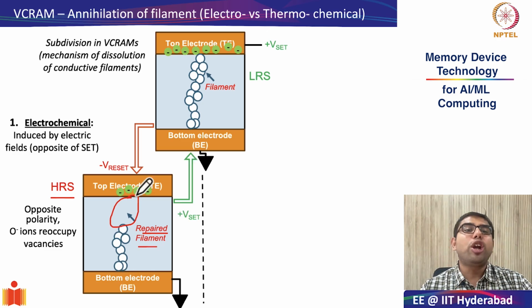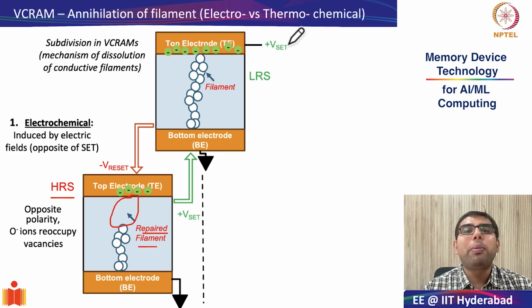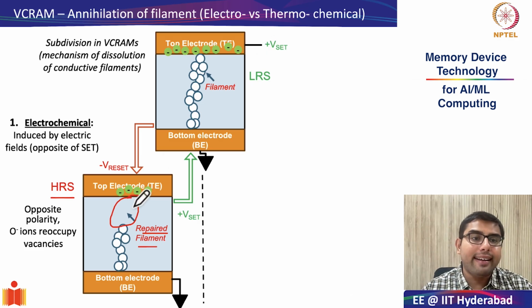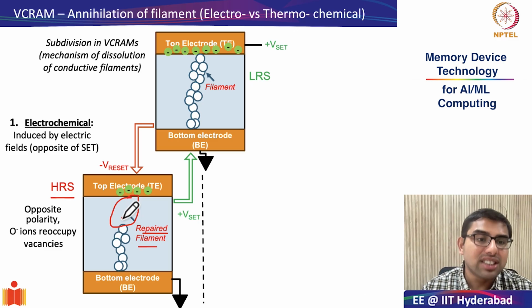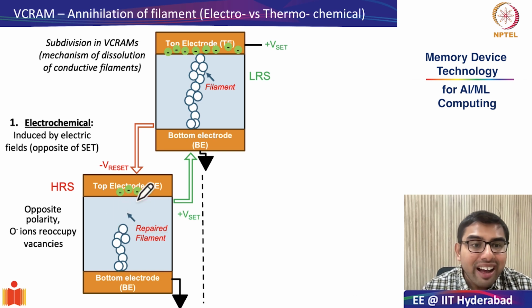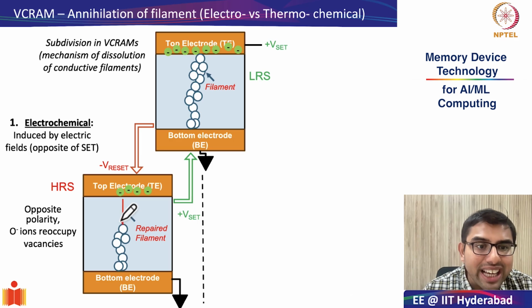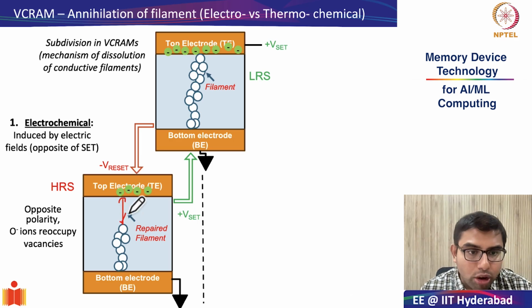How do you set it back? Remember, this is a memory device, so you have to set and reset. The way to set it back is you again apply a positive bias. When the positive bias hits a particular critical threshold, again from this region itself, the same process of ripping out oxygen anions will start. Why will it happen from this region? Because the electric field in this region is maximum. See, because the distance is minimum between the top electrode and this region.